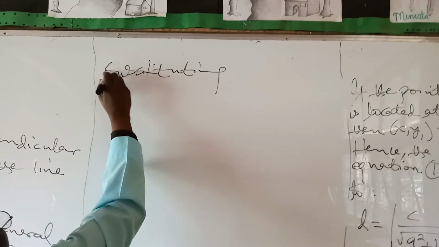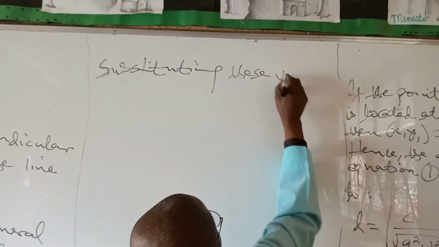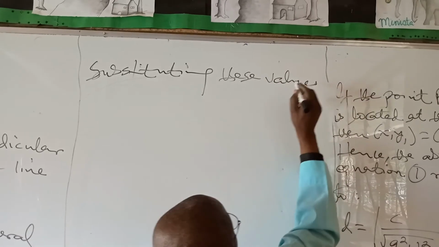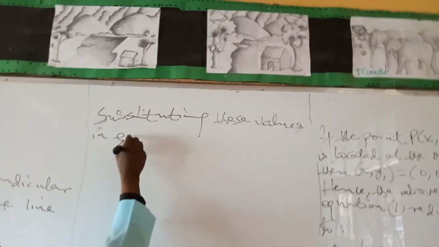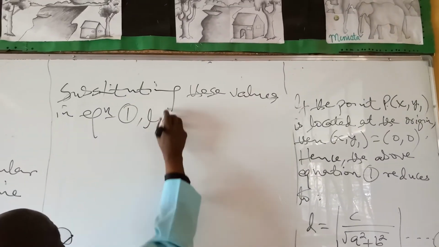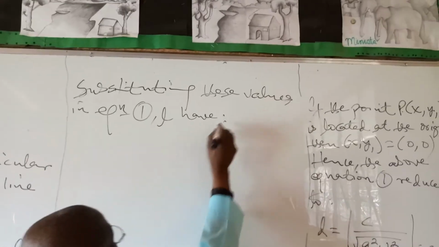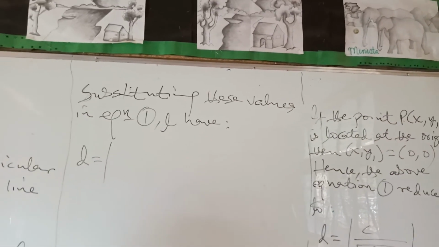Substituting these values in equation 1, I have my D is equal to the absolute value of